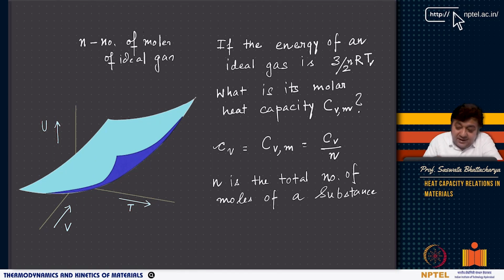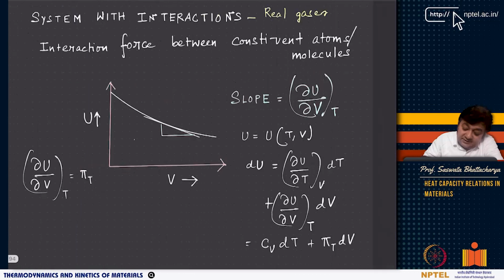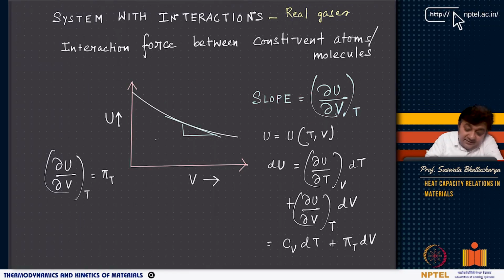On the other hand, as you increase temperature, you generally will see an upward slope, right? So basically, if you look at the slope that we are showing here, you can see there is a downward slope. Now if I do U versus T, it should be an upward slope, right? So if I look at, say, U versus T here,